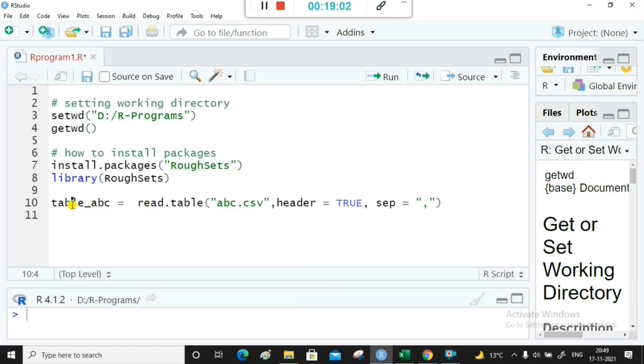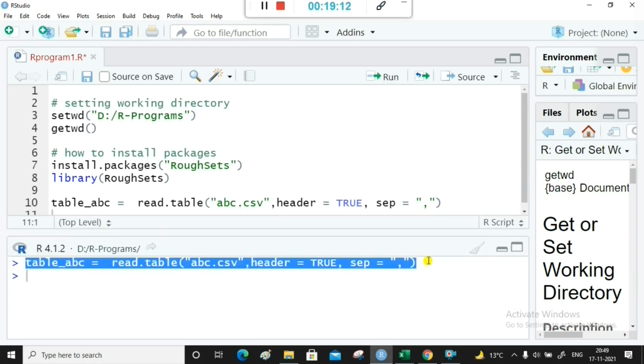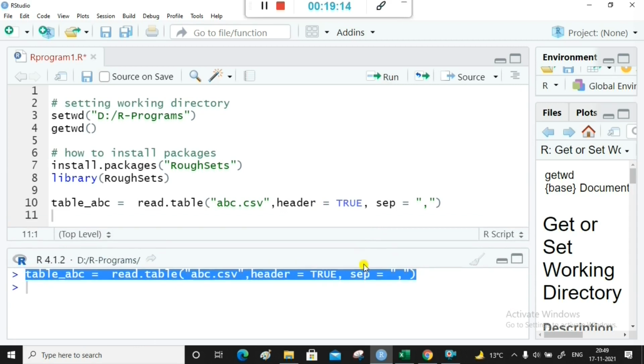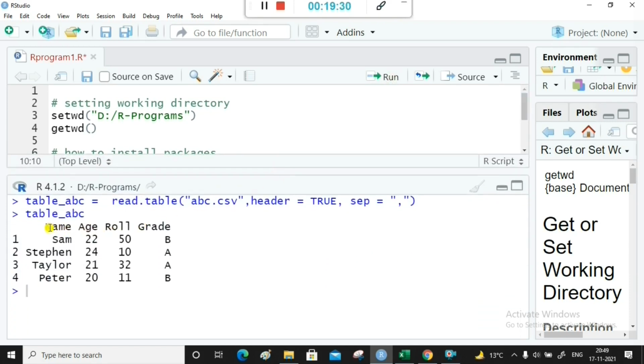Now let me execute this code. Keep your cursor on the line and click on run button. So it is executed and see there is no error found. That means the table is successfully read and it is stored in this variable. Now, to see the table whether it is available here or not, select this variable and click the run button. Now, see the table is now available in my program. The table is read with the column names and all the rows are selected here,